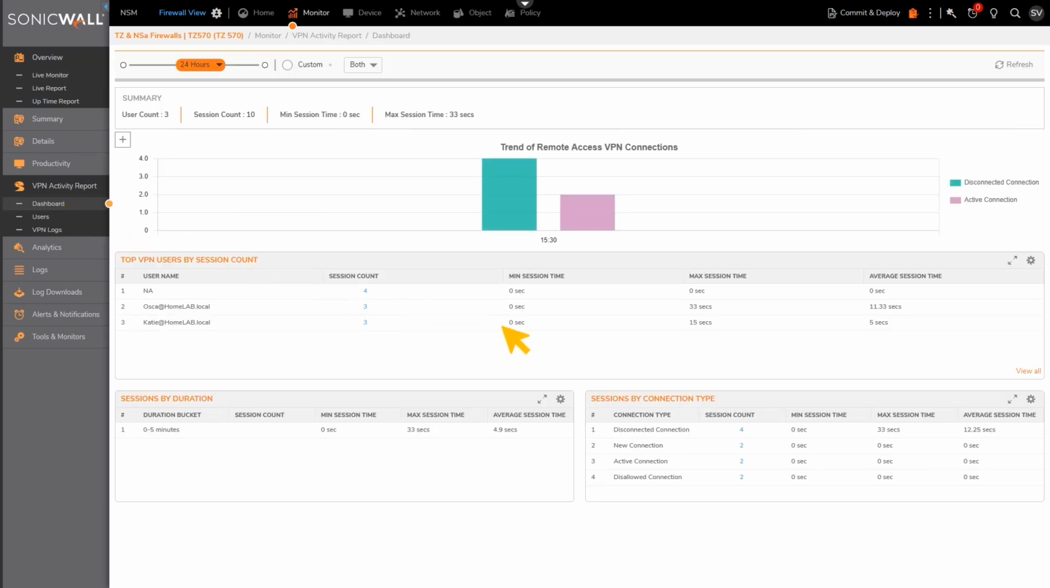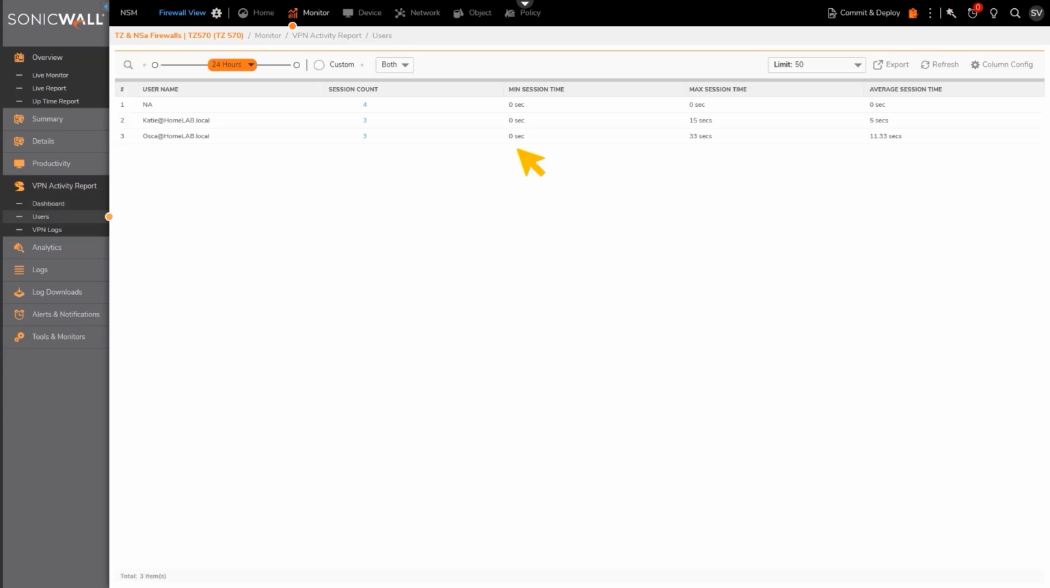We can see summary details, top VPN users by session count, sessions by duration, and connection type. Let's drill down VPN user data by clicking on the View All option. We have been taken to the Users submenu under VPN Activity Report automatically to witness the refined data based on